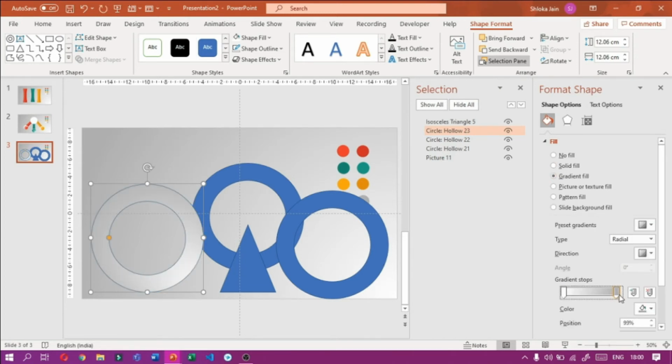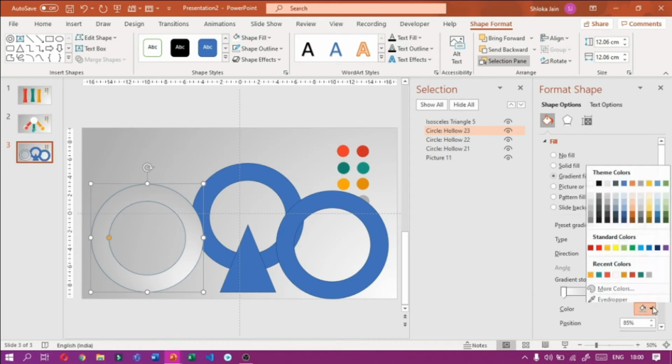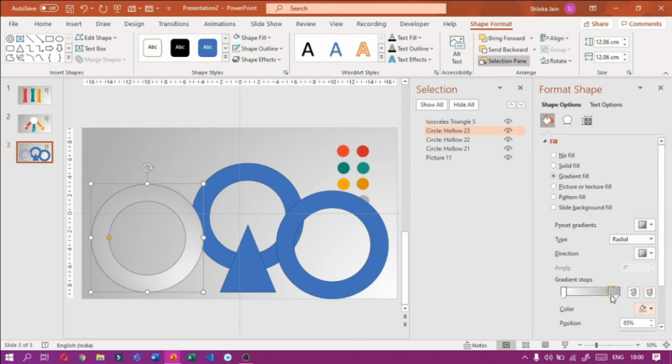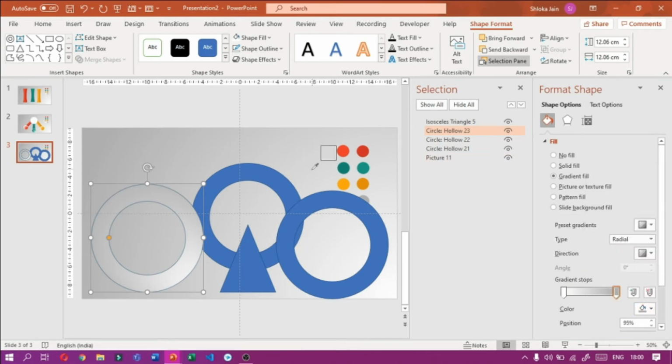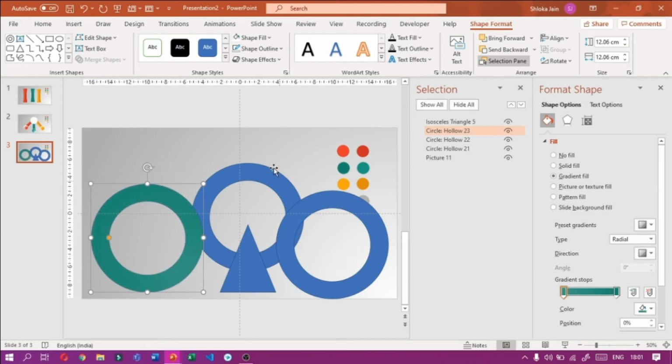In gradient I have to go to eyedropper, give it a green color, select the other one, eyedropper in a green color.